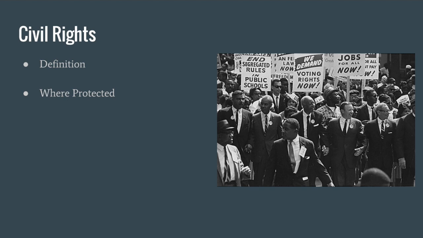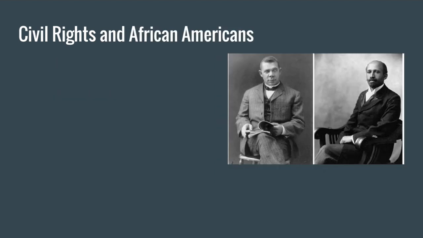So at this point, we're just going to walk through a few different groups. We're going to start with civil rights for African Americans, and then move on and talk about women and gays and lesbians. Obviously, there are a lot of other groups that we could include if we had time, but unfortunately, we kind of have to pick and choose. So we'll just walk through a lot of history that we already know, and we'll do this quickly and then get to the more modern stuff as quickly as we can.